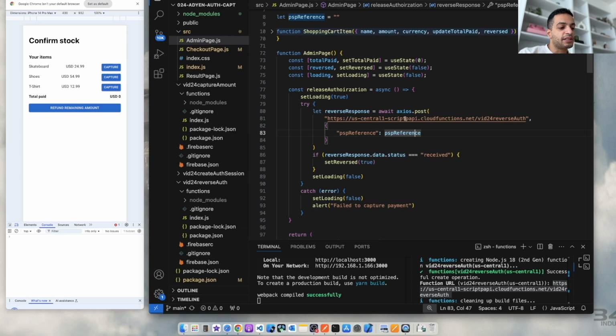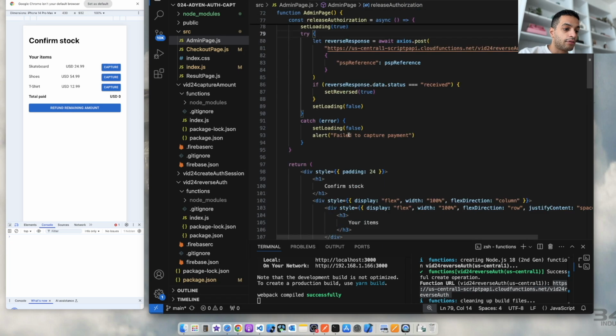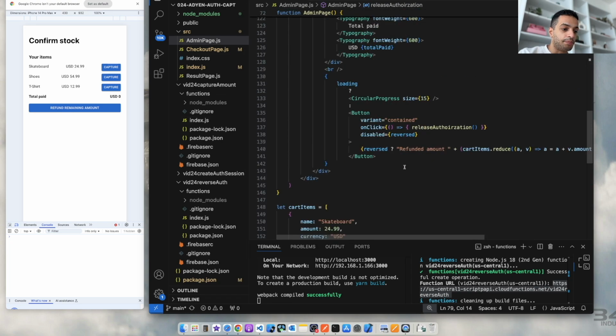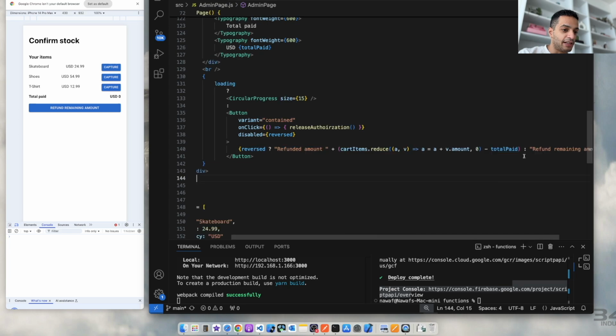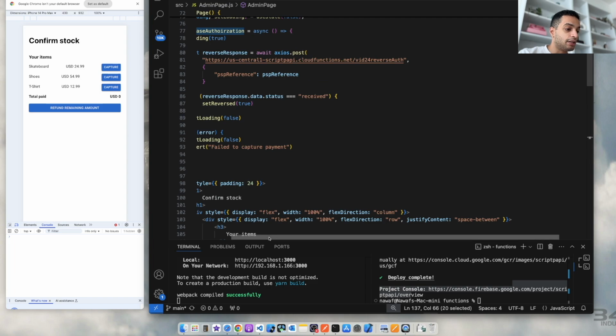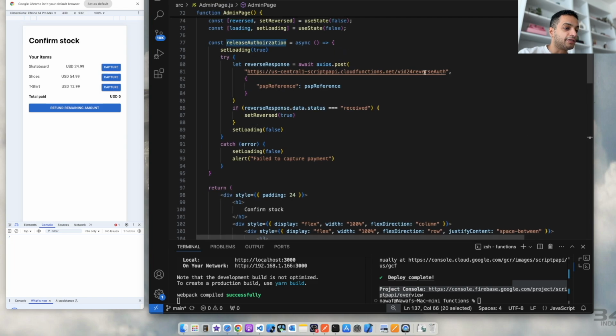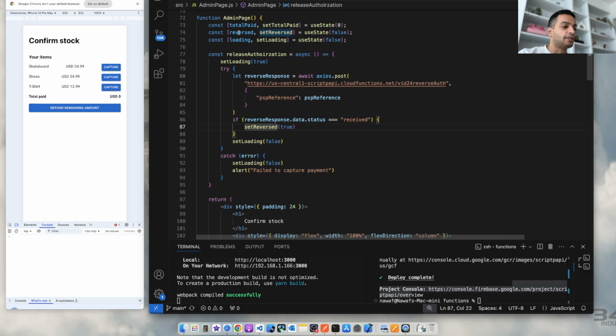So the same thing is gonna happen when you click on refund the remaining amount. Where is it? This button over here. Refund remaining amount. It has two texts that are gonna show up depending on whether the amount is refunded. So you click on that, it's gonna hit this method, release authorization. Release authorization makes an API call to my server, like the one that I showed you earlier for reversals. It's gonna send the PSP reference, and then it's gonna check if the response is received, meaning that it was successful. It's gonna set the reversed state variable to true,